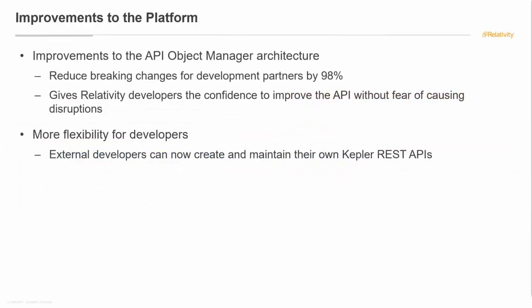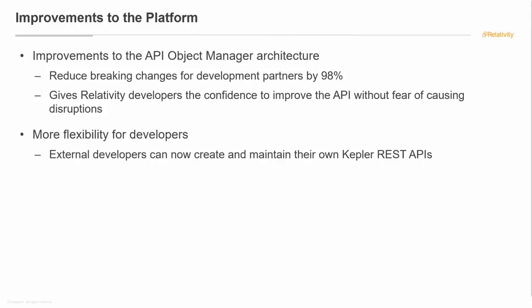We've also made some other improvements to the platform. The Object Manager API is the most used API within the Relativity ecosystem. When developers need to improve functionality or resolve bugs, this often causes breaking changes to other applications that are accessing Object Manager features. We have applied the API versioning reference architecture to the Object Manager